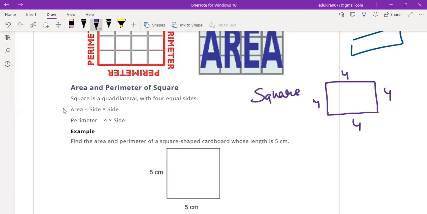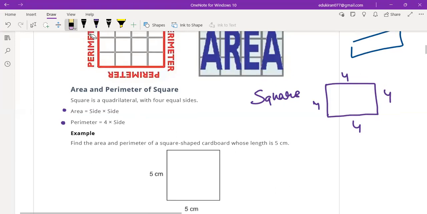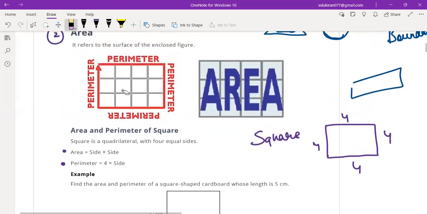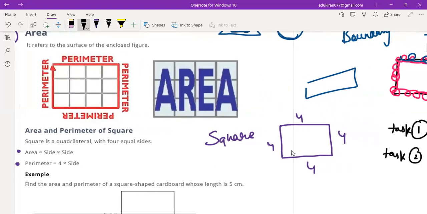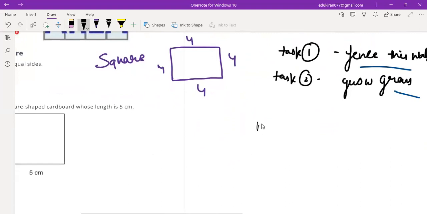So if you have to find the area of the square, it will be side multiplied by side. And if you have to find the perimeter, it will be 4 multiplied by side. Clear? Getting the point? Yes or no? Okay. So I'll tell you how to do this. Whenever you have to find the area, the formula would be,